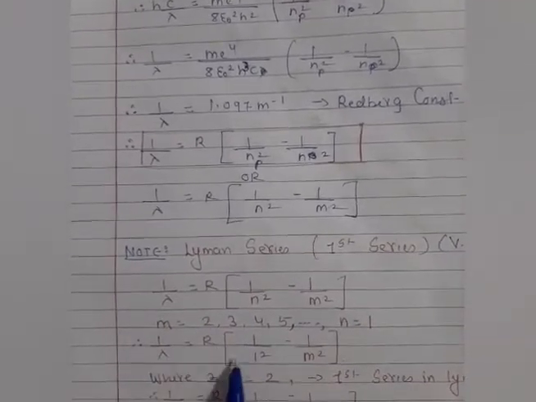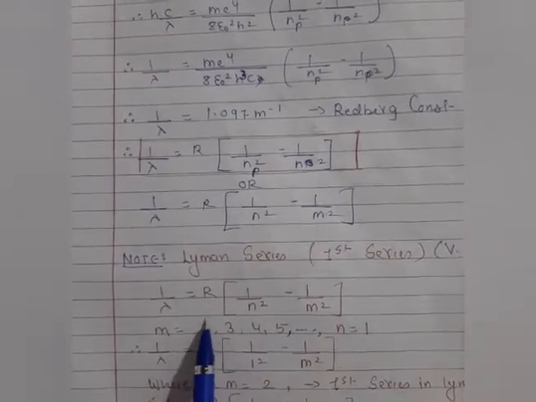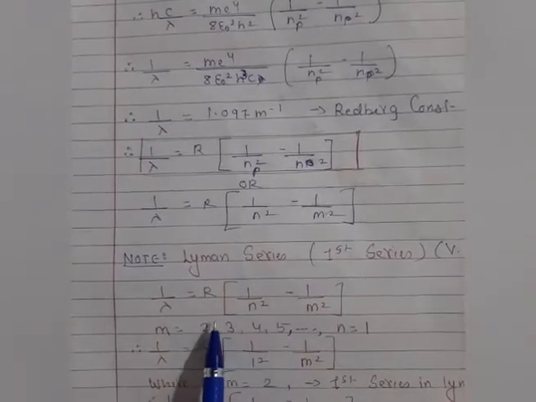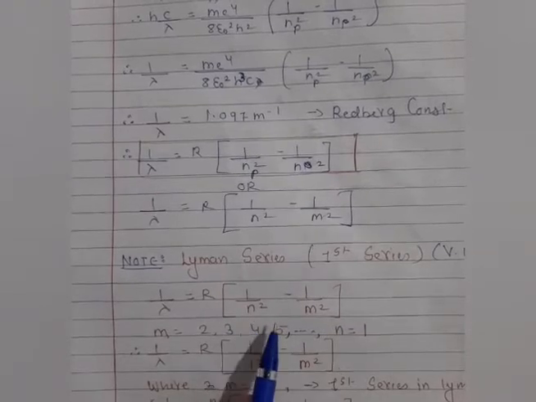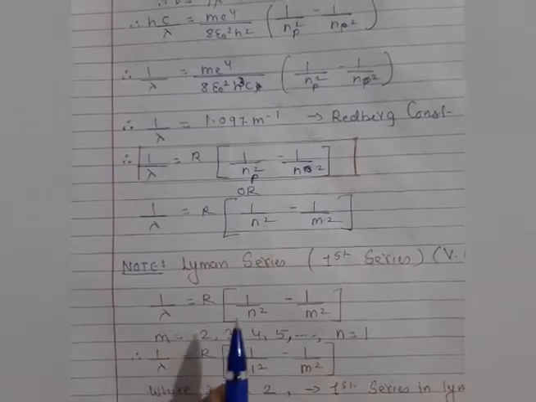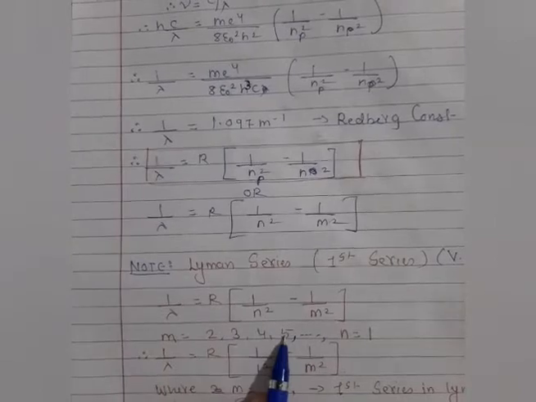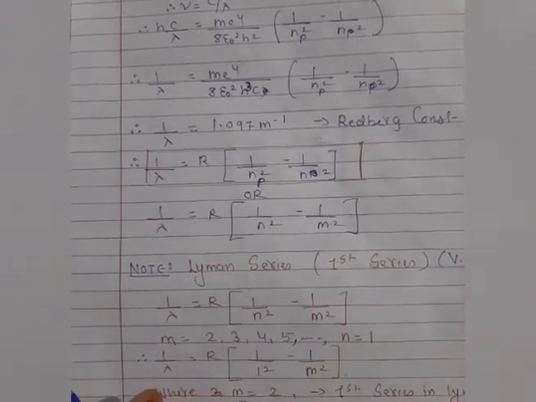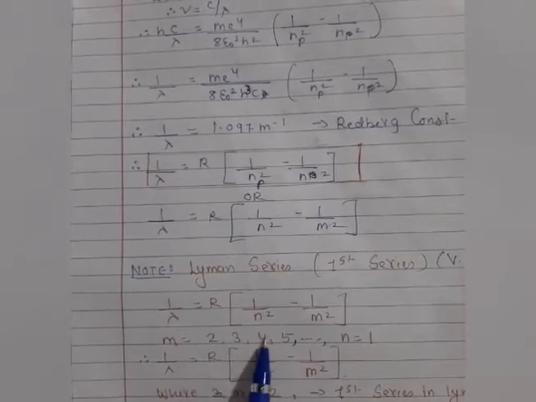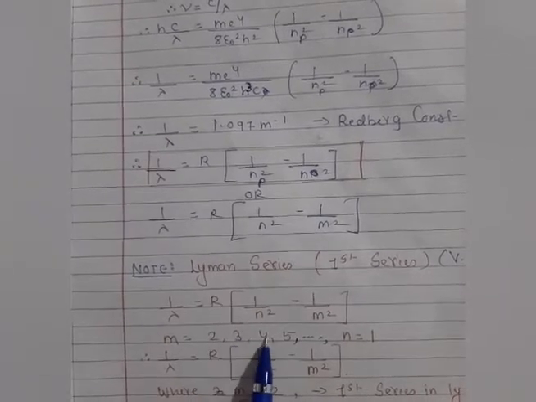And here, students, this 2 is known as the first series. In the Lyman series, we can consider this as first series, second series, third series, fourth series. This is also known as alpha, beta, gamma, delta. Because in so many numericals we get, in the Lyman series, find out the second series value, or find out the value of alpha, beta, gamma and delta. At that time you should not be confused about how we got alpha, beta, gamma in the Lyman series. The value of m is considered alpha, beta, gamma, delta, that is first series, second series, third series, fourth series.